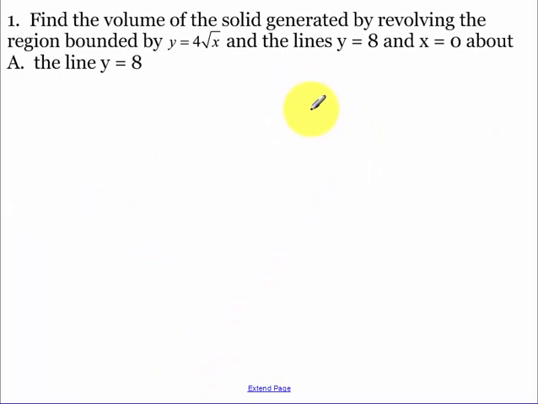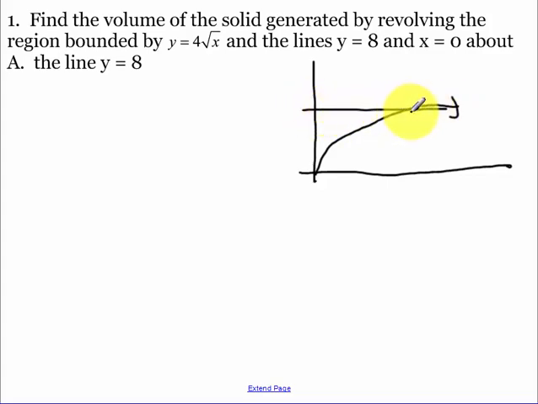Our first example, we have the volume of the solid generated by revolving y equals 4 root x, y equals 8, and x equals 0. So let's get an idea of what that looks like. This is a radical function. Y equals 8 is a straight horizontal line, finding where they intersect. We know the y value is 8, so plug in y equals 8, divide by 4, and square everything, and we get 4. So I'm taking this area here, and I'm revolving this